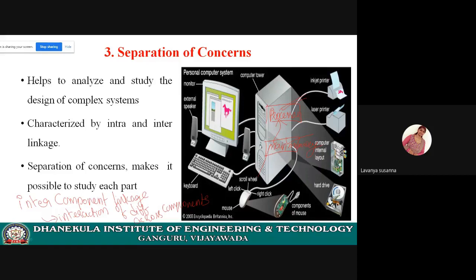Processor is a different component, main memory is a different component. So in order to process the data, the control unit which is present inside the processor must fetch the data from main memory, right? There must be some communication between them. This is called inter-component linkage. Intra is different, inter is different. Once again, inter-component linkage means interaction of different components or across the components. I hope you understood it. Once again, see the PPT.